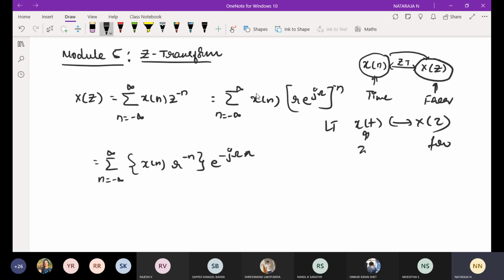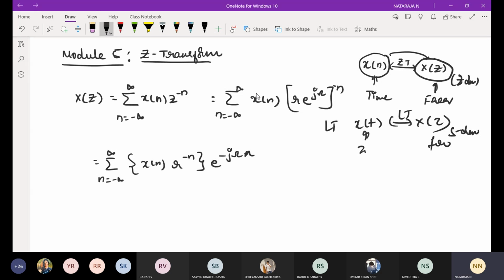We are going to study the Laplace transform for continuous signals. For the Z transform, we study discrete time signals. Similarly, the Z transform converts a discrete time domain signal to a frequency domain signal, which we call the Z domain, and this is the S domain. We call this frequency domain the S domain because we apply the Laplace transform here, and this the Z domain because we apply the Z transform.